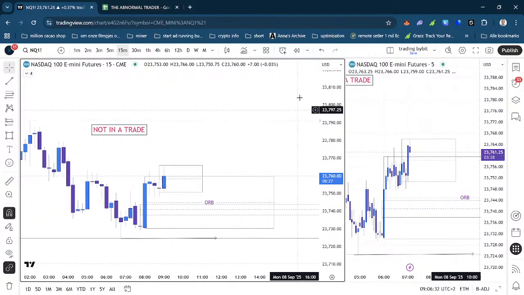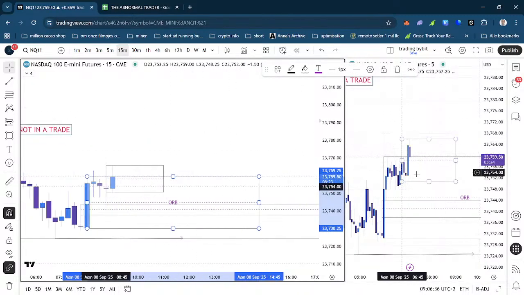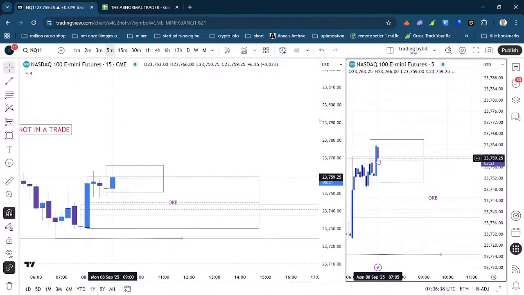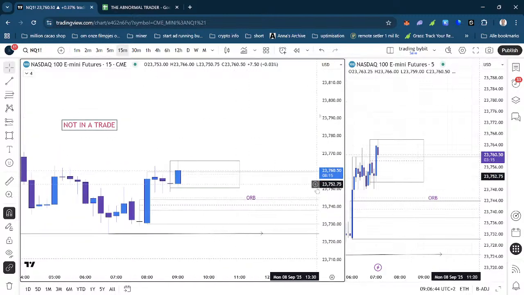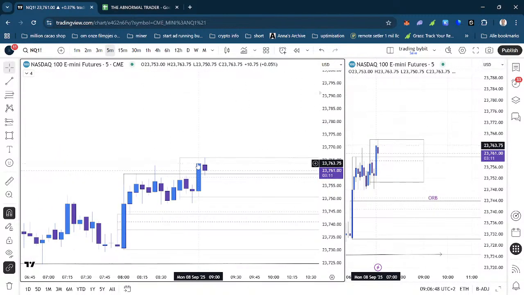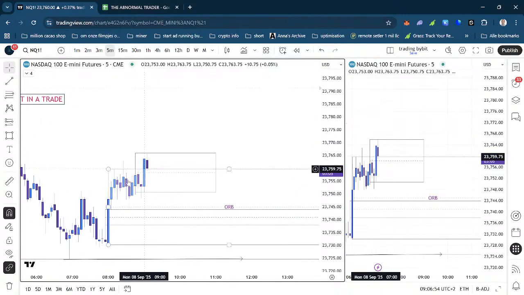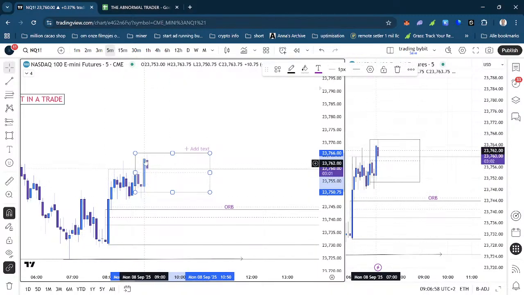I'll delete this one for a second. So you say now, this was a breach of the pre-orb itself right here on that 5 minutes. So if we take the 5 minutes, this should have been a breach, so this would be a long, but this is actually after 9 o'clock already. So this is a 9 and 5, so that would be no close at the pre-orb itself. So this would be no trade, because this is the orb itself already.